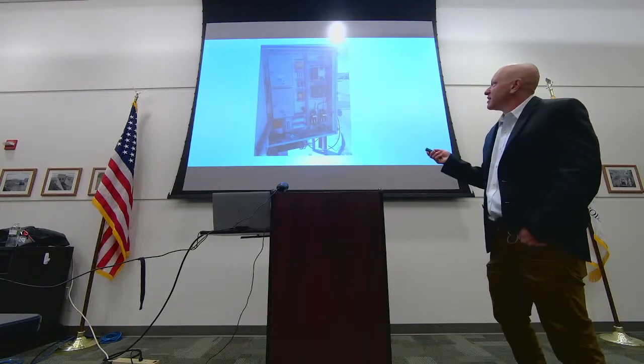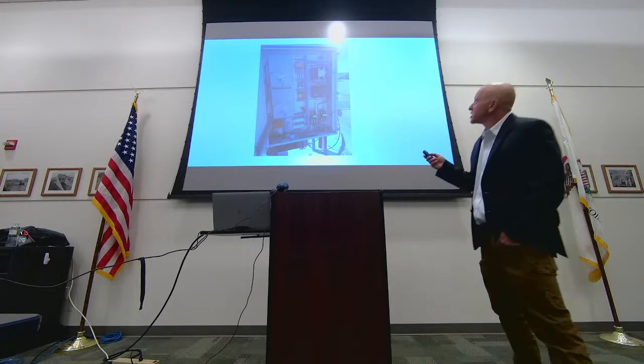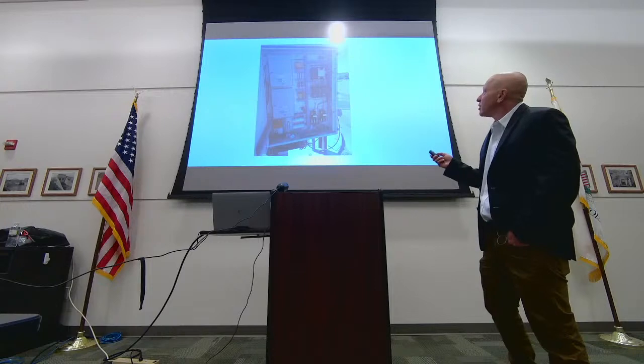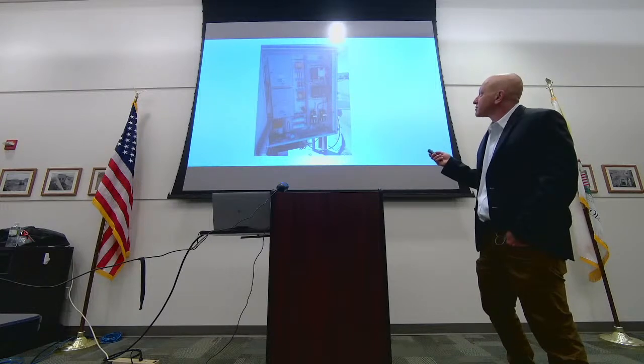Here's the same thing, only different. This is a single phase station. You can tell you only got 2 pole breakers up here. You do have a hookup for a portable generator, and you have the